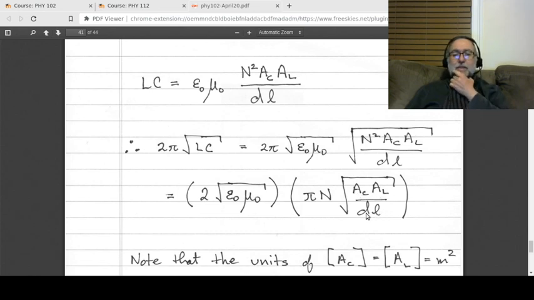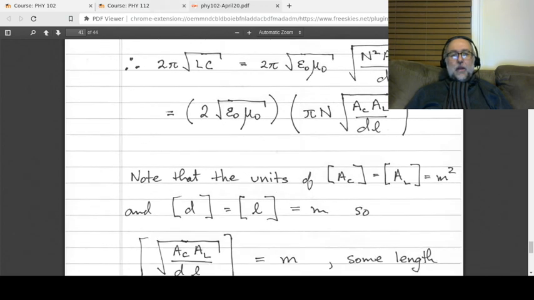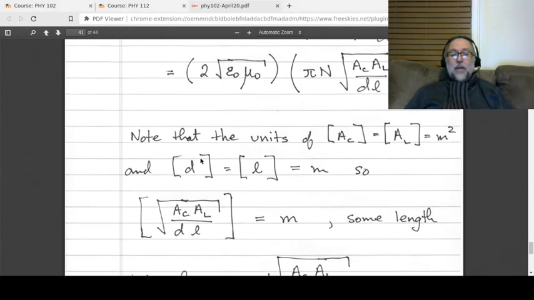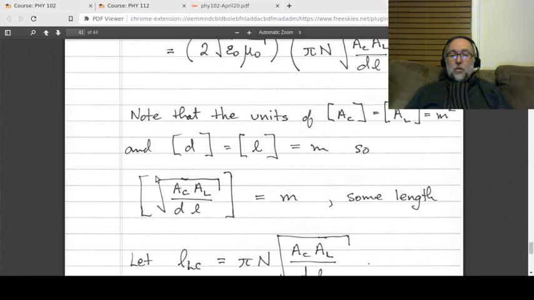And you go, what the heck is this? It really doesn't matter exactly what that is. Let's just think about what the units of that thing are. The units of the two areas are meters squared. And the units of the two lengths, D and L, are both meters. So if you go into that square root and ask what the units of that square root are,